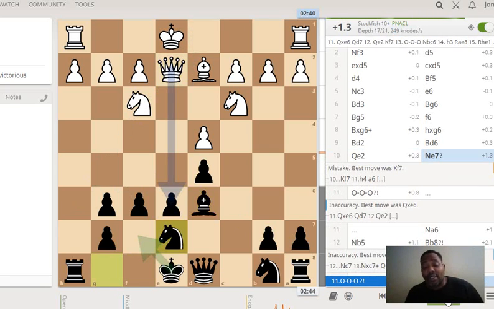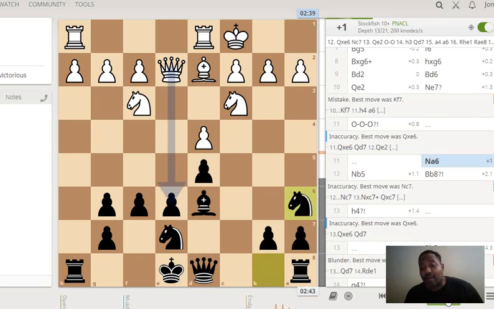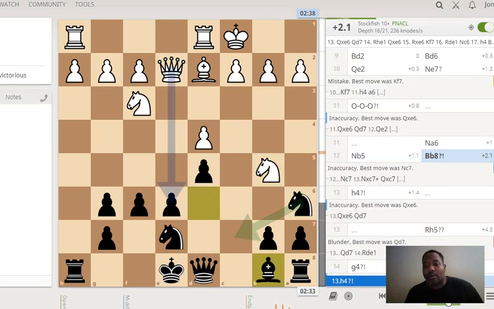So the computer is telling me I should pop the king to e7. I don't agree with the computer. I just want to keep my options open. Obviously, I'm not going to castle. Well, I could castle to the king side and just protect the flank, but I'm not going to. All right, so